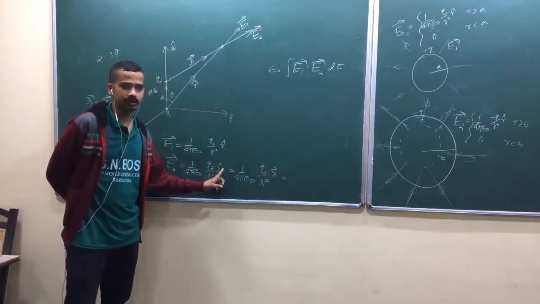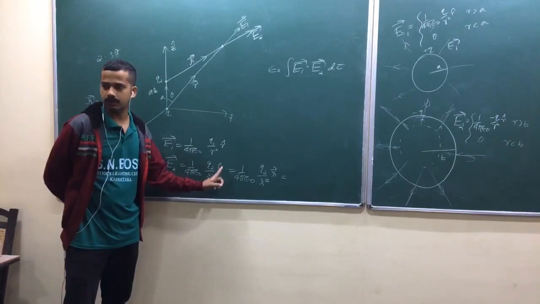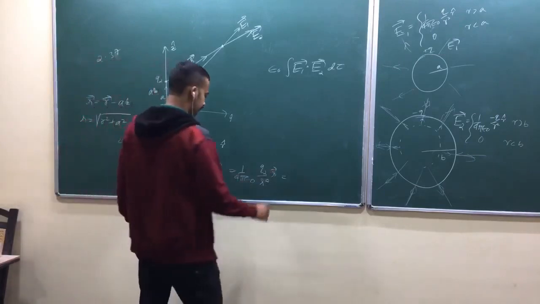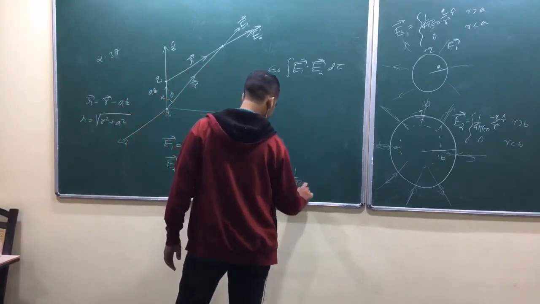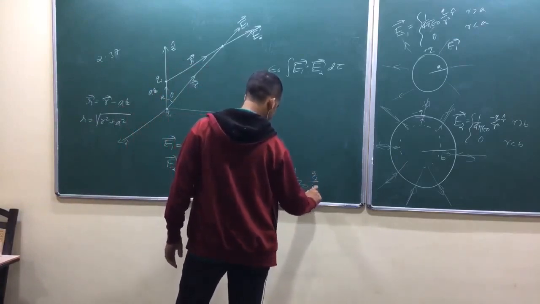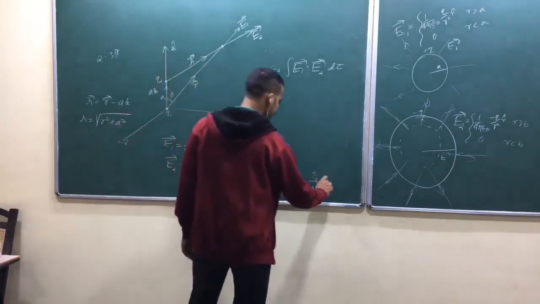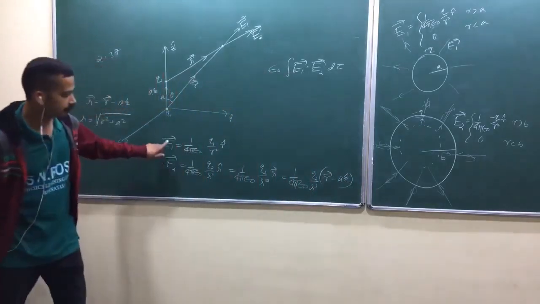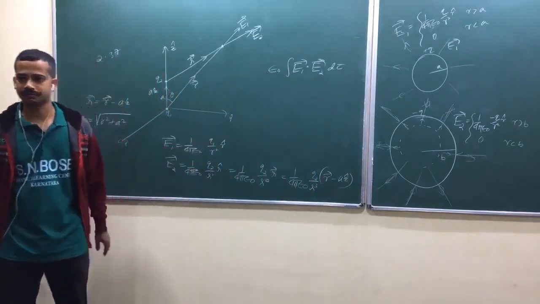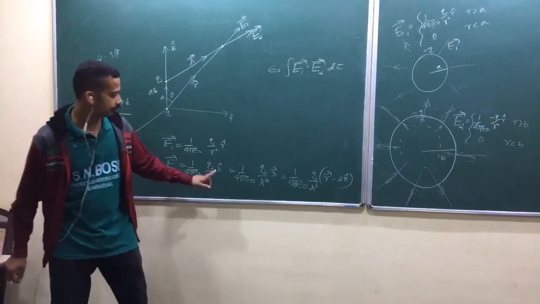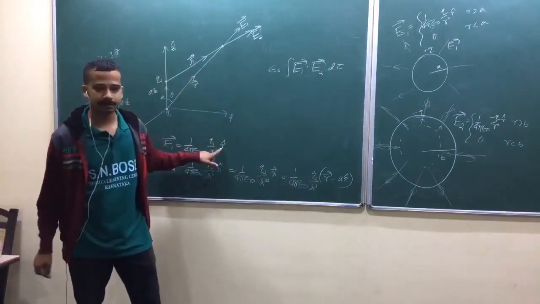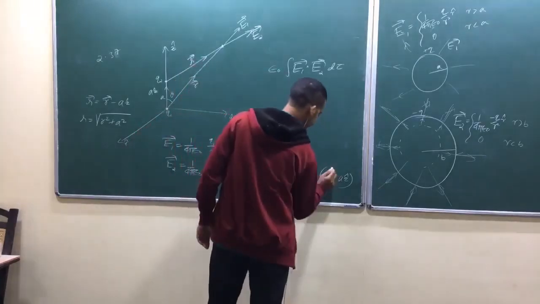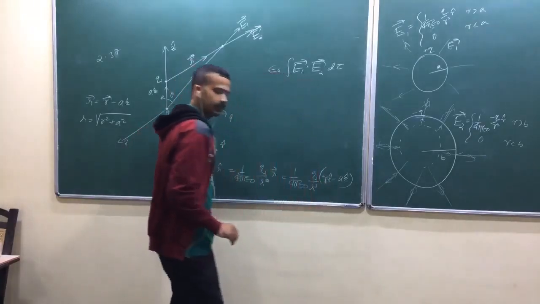Italic r cap into italic r. Again, multiply and divide. Okay. Unit vector into magnitude of the vector is vector itself. So that's why 1 by 4 pi epsilon naught Q2 divided by R cube, italic R vector is R vector minus A z cap. Now if you take dot product between these two, everything is known in polar coordinate. Look at here, if you take dot product, R vector you can write as R r cap. Am I right?